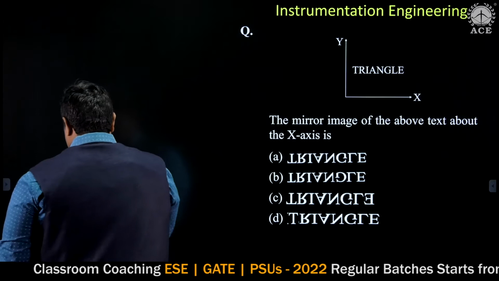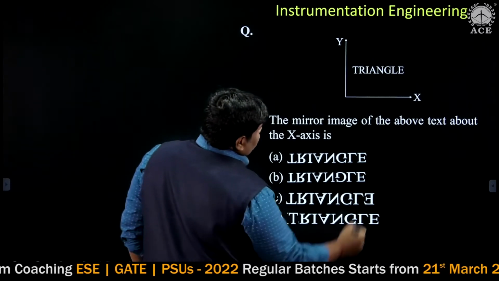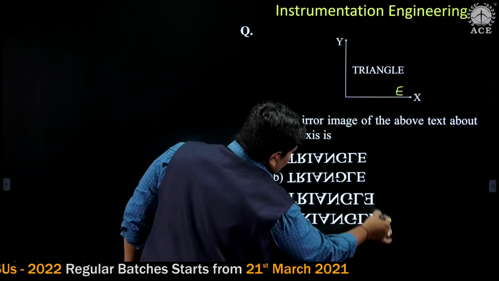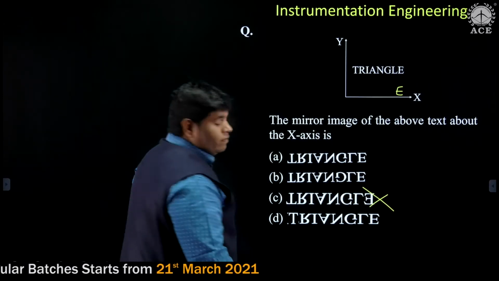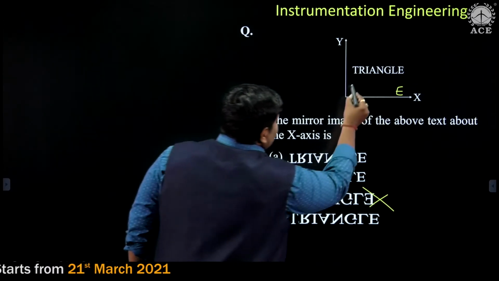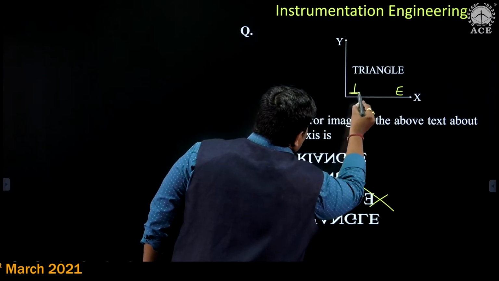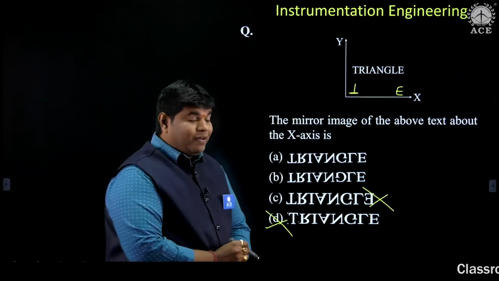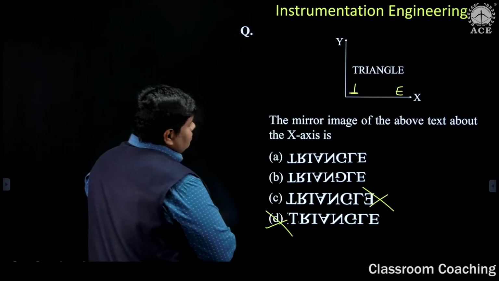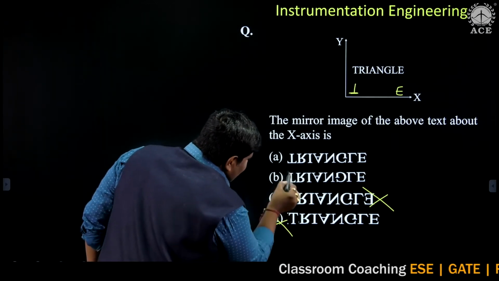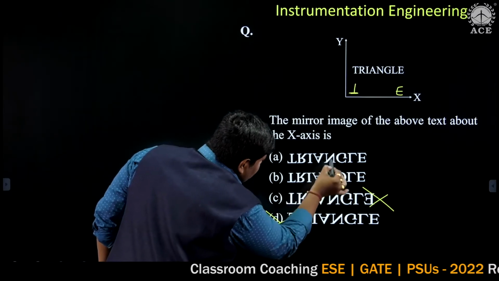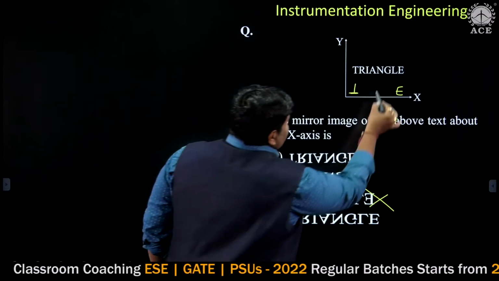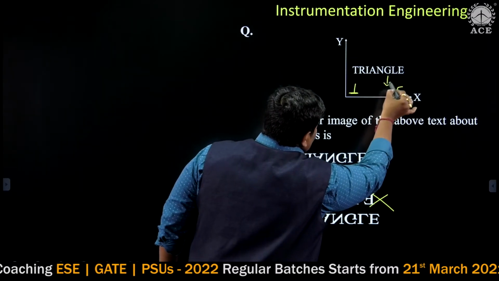Observe. So E, same, there is no change, E. But here E is reversed, so wrong. Okay, next. So T, but here T is the original given, so wrong. Okay, next we have two choices. The letters are these, observe, same, same, same, same, same. Here G is different, same, same. So you can check G only.